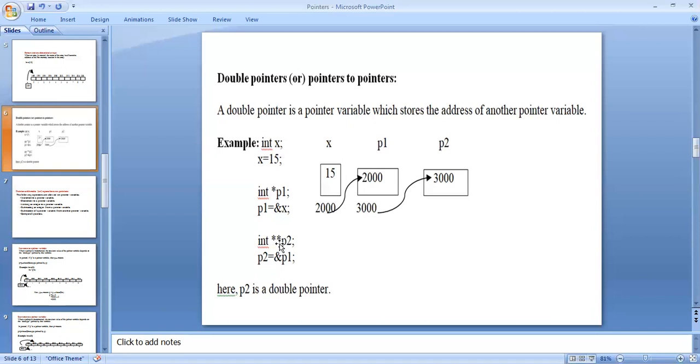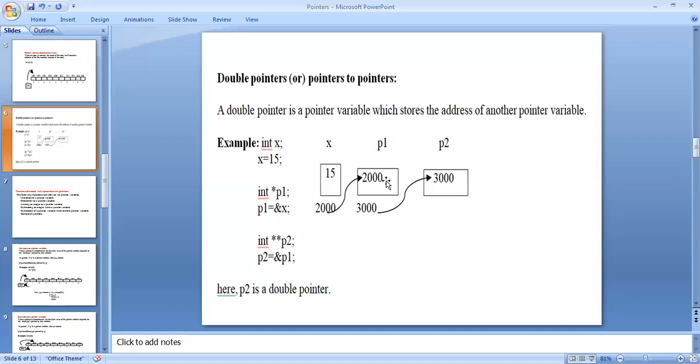The indirection operator is used twice here for p2, another pointer. One pointer is defined using one indirection operator, and for the other pointer in the program we use double operators. Then p2 equal to &p1. The memory location of p1 is 3000, and the value of p1 is 2000.